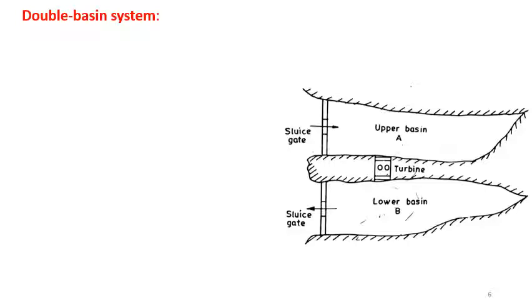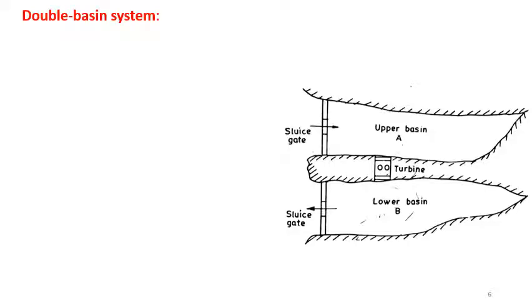Now as a result, what will happen? The basin A is filled up while the basin B remains empty. So as soon as the rising water level in basin A provides a significant difference of head between the two basins,